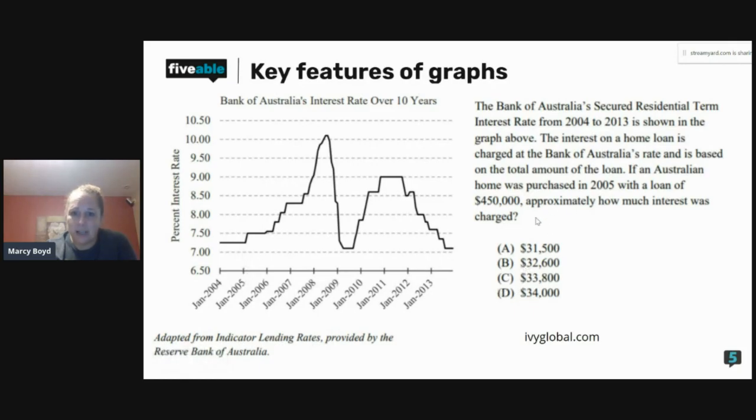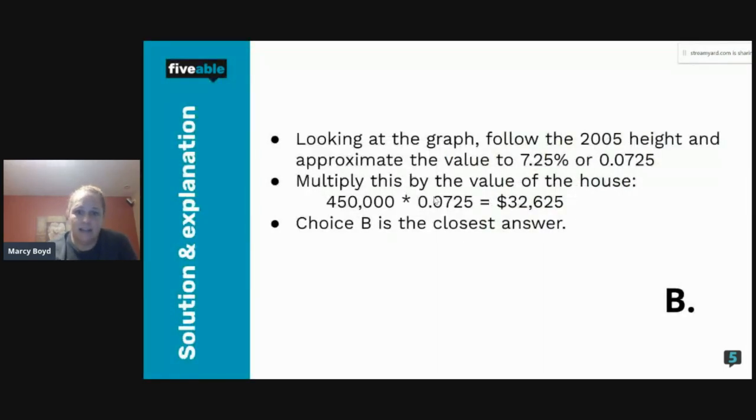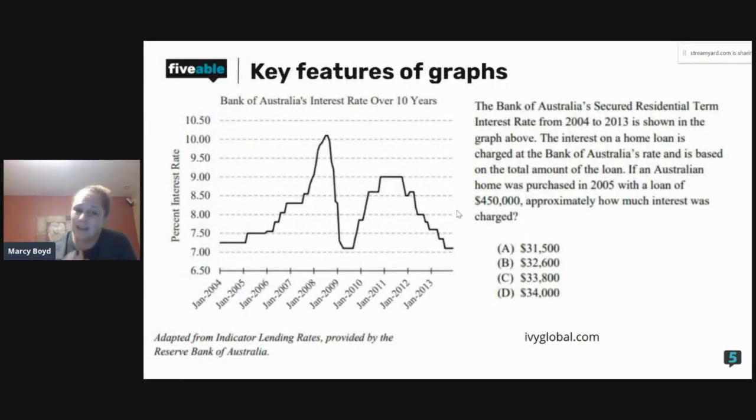So it says approximately how much. And you're absolutely right. It could be a little weird. What I then did is I used the 0.0725 only because that was the beginning of the year and they were a little unclear on that. I actually wrote for clarification on this one, just asking because I'm not really sure. The response said that if you're not told the month, you go with the starting interest rate of that year. Okay. I did also ask if this was a common question still asked, or if there would be any kind of